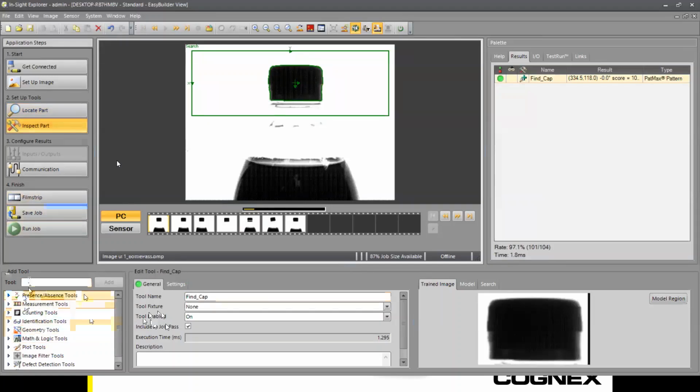So all of these tools that we have are grouped. So presence, absence, is something there or not. We have measurement tools, quite straightforward. Counting tools, yep, for counting number of things. Identification tools, that's our 1D, 2D barcodes, OCR. Then we have geometry tools, maths and logic tools. If this and that, it's a pass or a fail. Plotting tools, so we can plot things on the screen. We can give feedback to an operator. We have these image filtering tools. So lots of different things, lots of different tools that we have